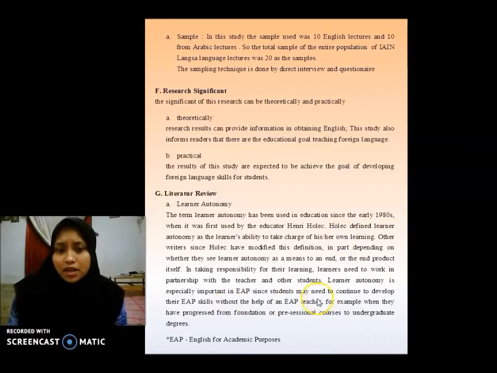Learner autonomy is especially important in EAP since students may need to continue to develop their EAP skills without the help of an EAP teacher. For example, when they have progressed from a foundation or pre-sessional course to undergraduate degrees. EAP is English for academic purposes. Next,